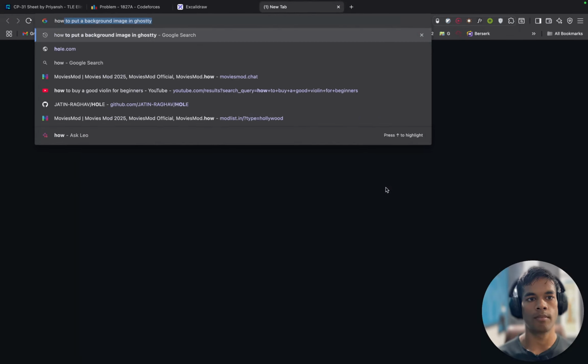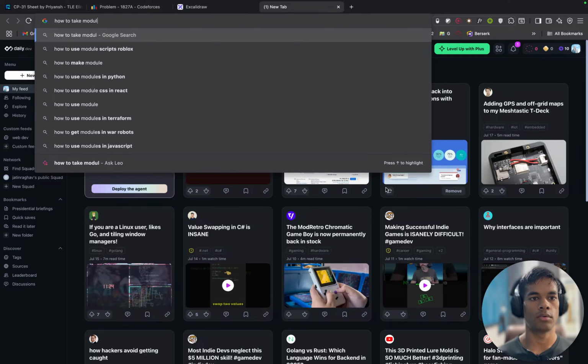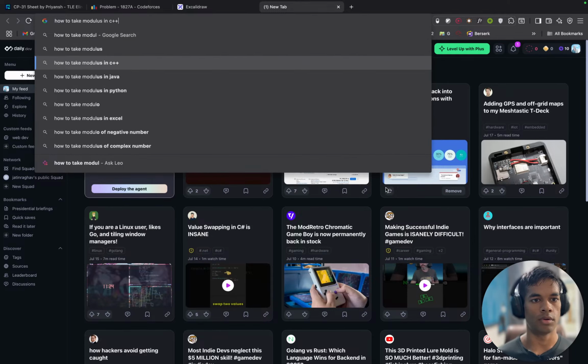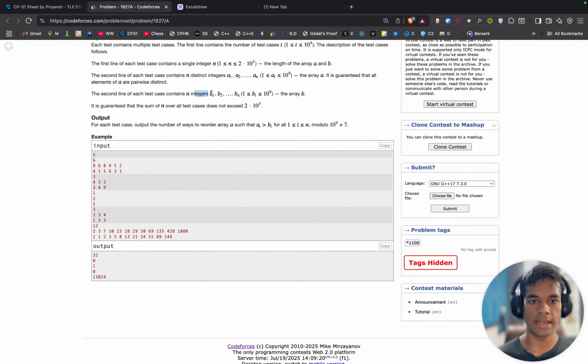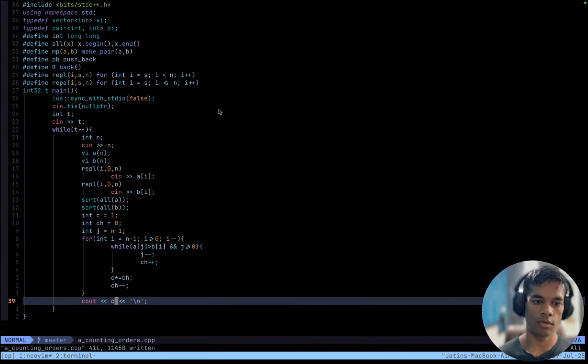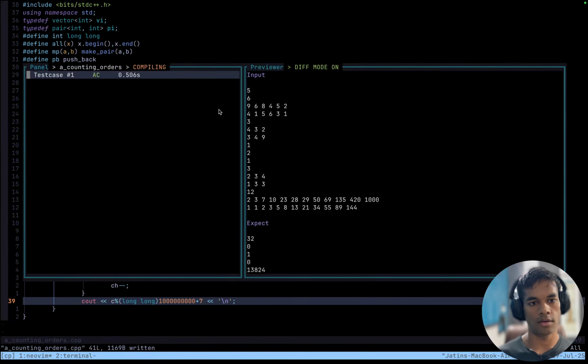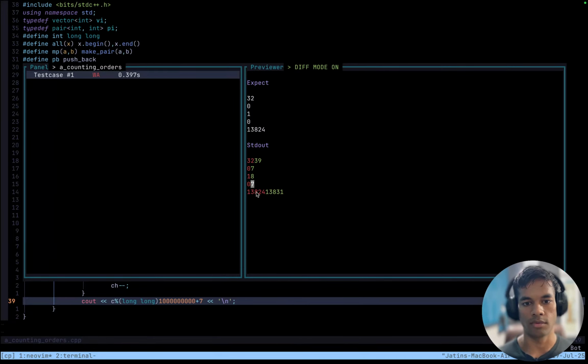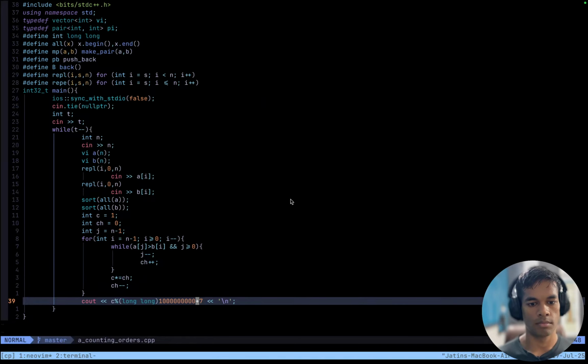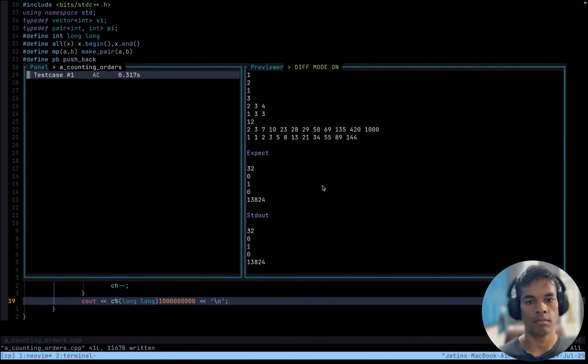I will take the modulus in C++ with a big number. I do not want to type 10 with a lot of zeros. Modulo long 2, 3, 4, 5, 6, 7, 8, 9 plus 7. This is pretty bad. Now it is a wrong answer. 2977. This is correct, but